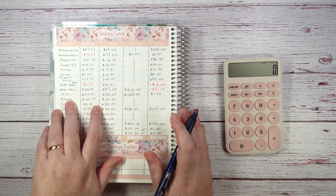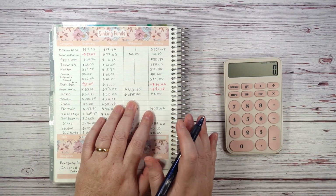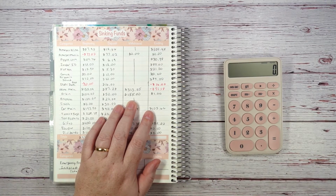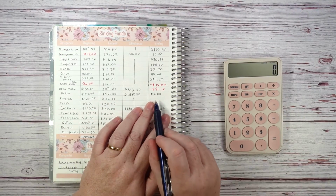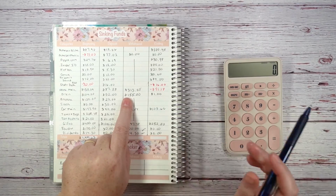Now I do have an Orkin quarterly spray, and it just happened to coincide in the same month. So we had them come on our normal quarterly spray, which is $155 every quarter, or it's $52 every month. I still had $1 left over, so I put that there. I just realized I didn't explain this. This was $250